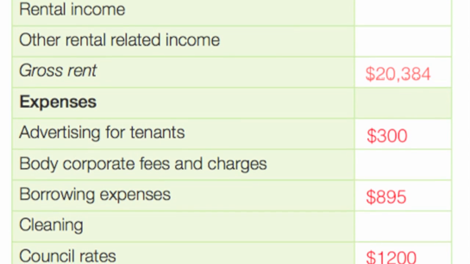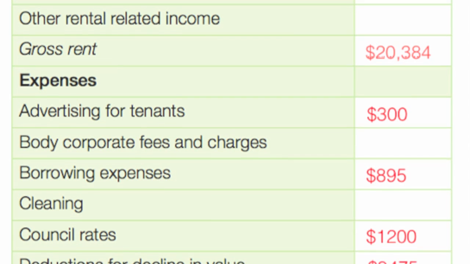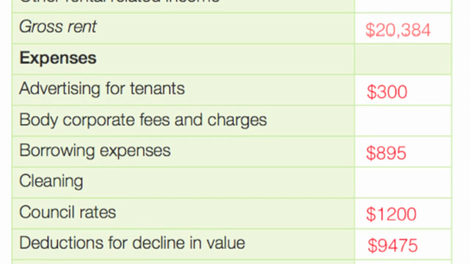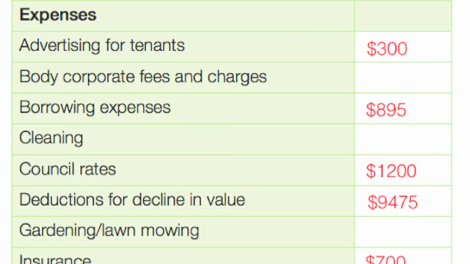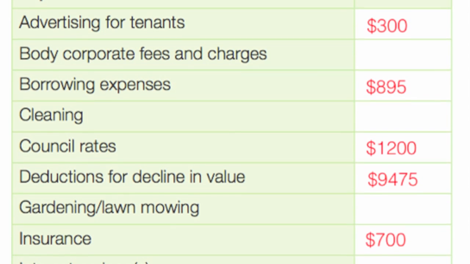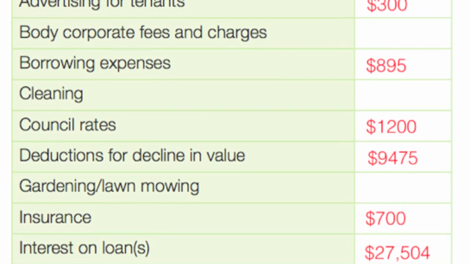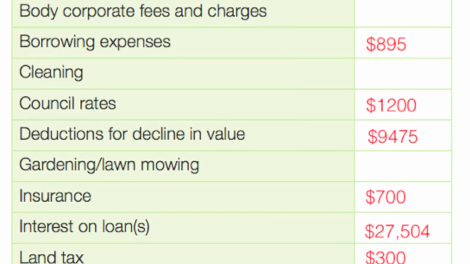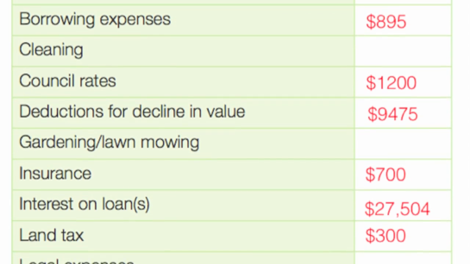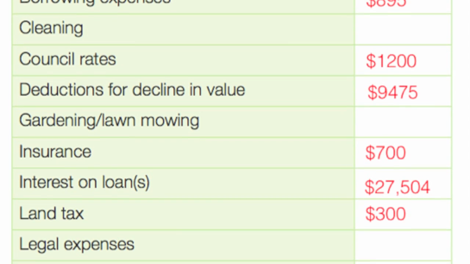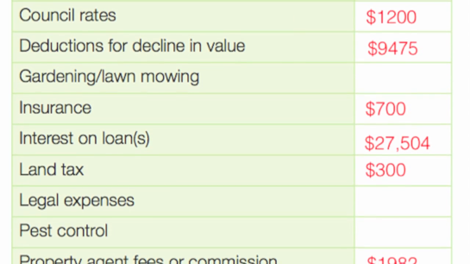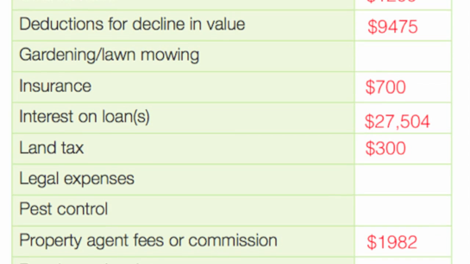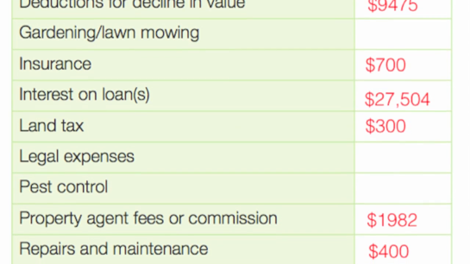However, from our income we are now allowed to take away the expenses, and on this example, renting this particular property out, advertising we've allowed for $300, borrowing expenses which can be claimed as well over 5 years I believe is $895, council rates $1,200, depreciation on the building and furniture works out to be $9,475,